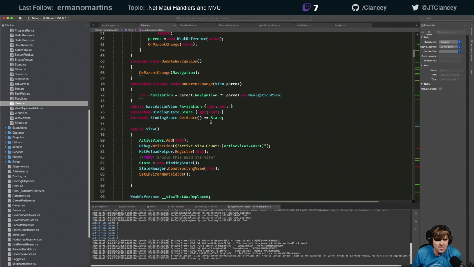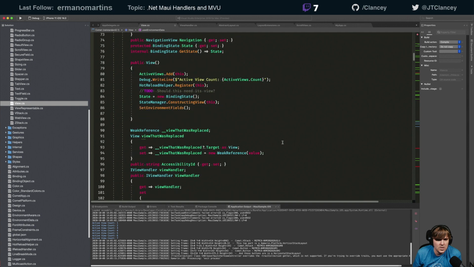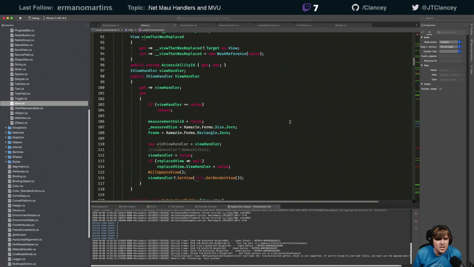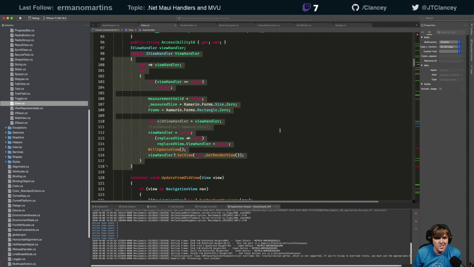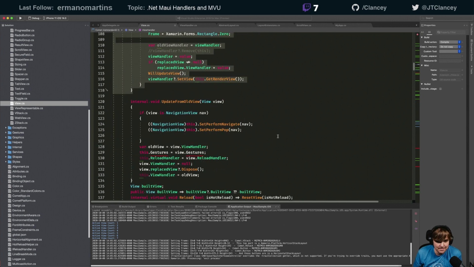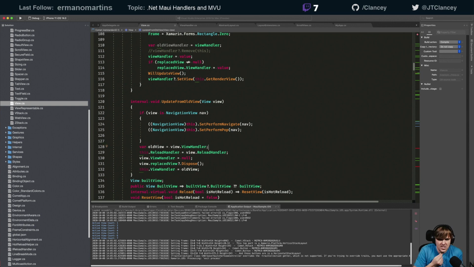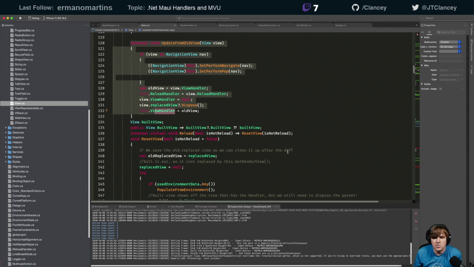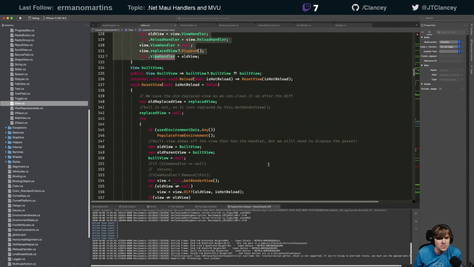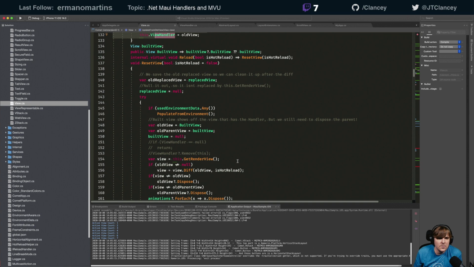All right, active views. That's all cool. Good stuff in there. We're probably going to do stuff with this view handler changing. I don't know. It might be wrong. It might be right. Gestures are dying for now. This is the whole hot reload concept. So if we have a